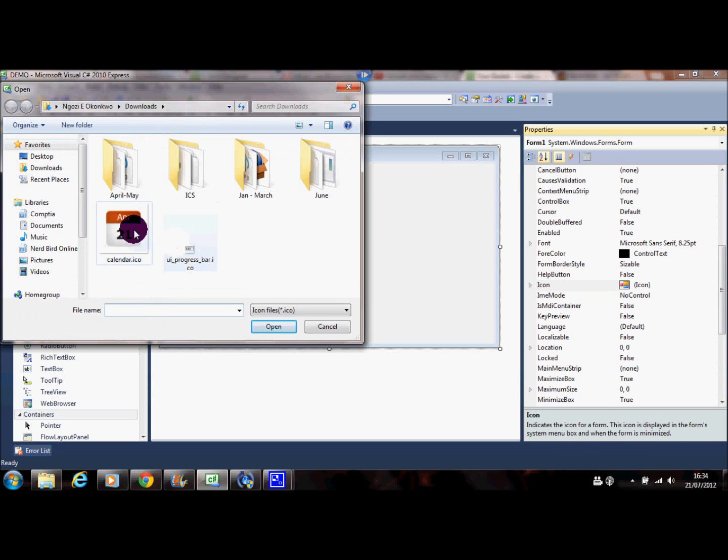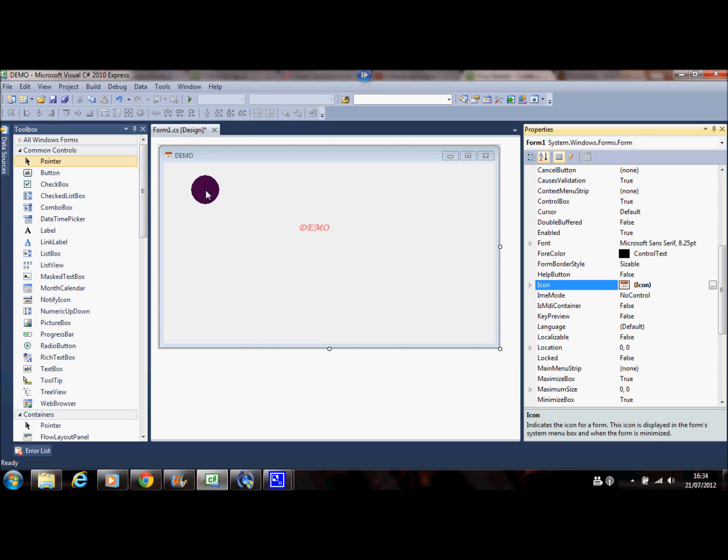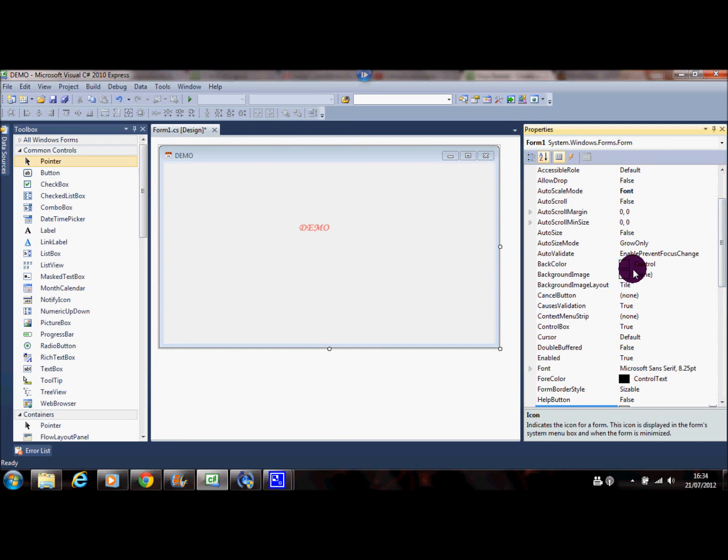So for example, if we just put this calendar one there, you would have to download a specific extension, which is ICO. That's the extension for an icon picture. So there's loads of sites that you can use. I'll put some in the link in the box below, showing all the links that I use for my tutorials. And that's that. When it comes to background, you just scroll up and you can see it says it here,